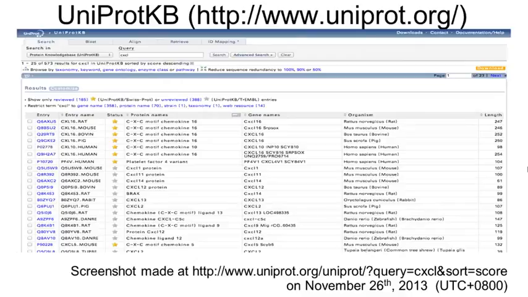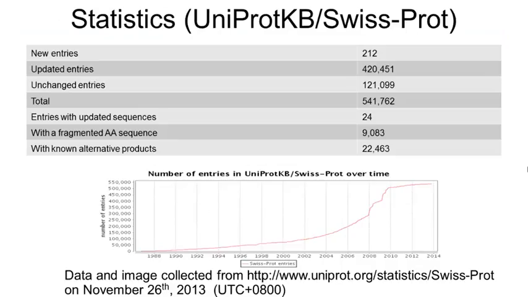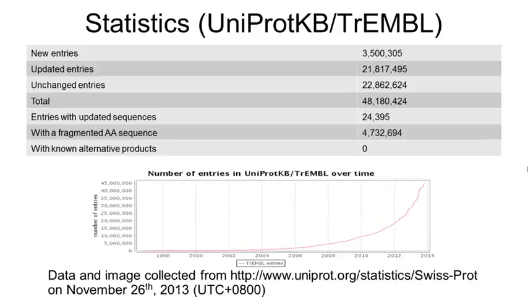Another useful resource at EBI is the protein knowledge base called UniProtKB. UniProtKB has two parts. The first part is the manually curated Swiss-Prot. Swiss-Prot currently contains curated protein annotations for 541,000 entries. The second part of UniProtKB is TrEMBL, which contains over 48 million entries of automatically generated, uncurated annotations of proteins. As you can imagine, the quality of TrEMBL is not as good as Swiss-Prot, but it covers almost